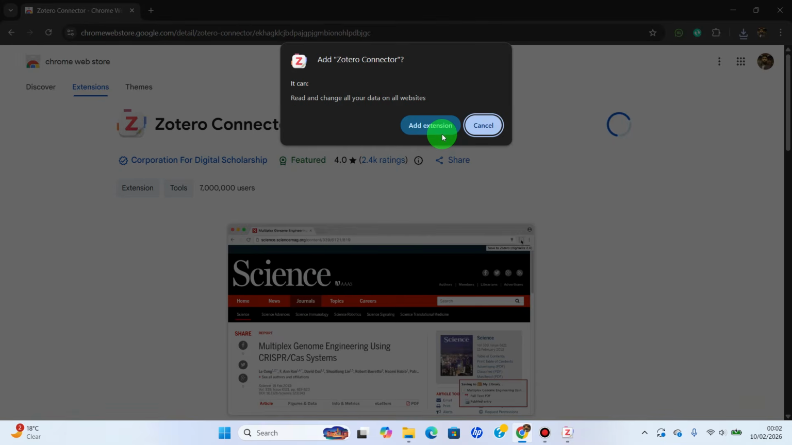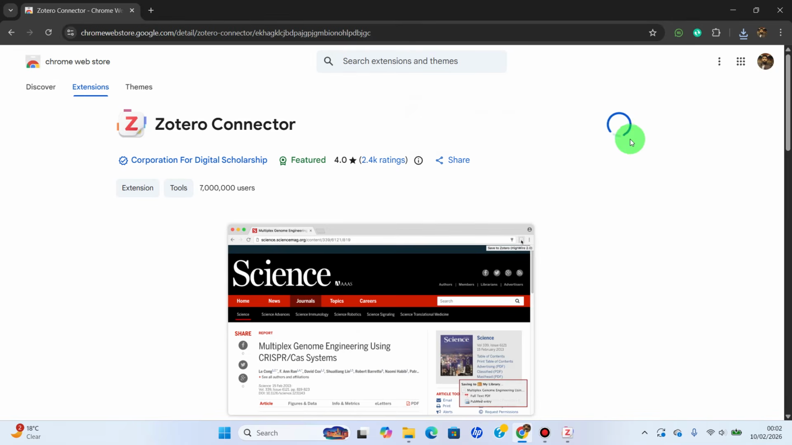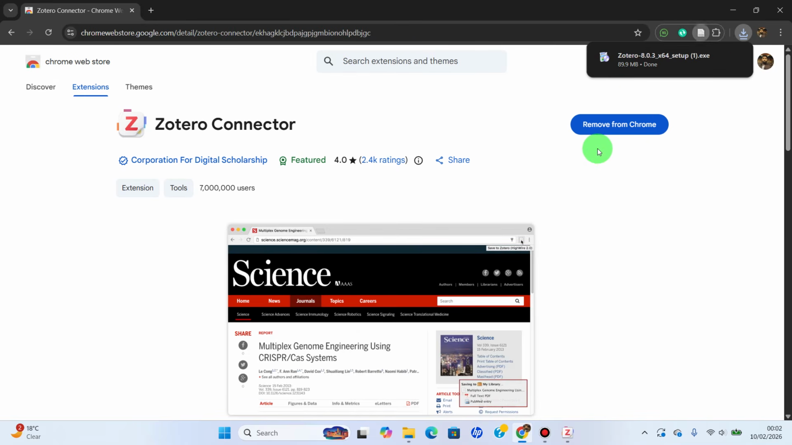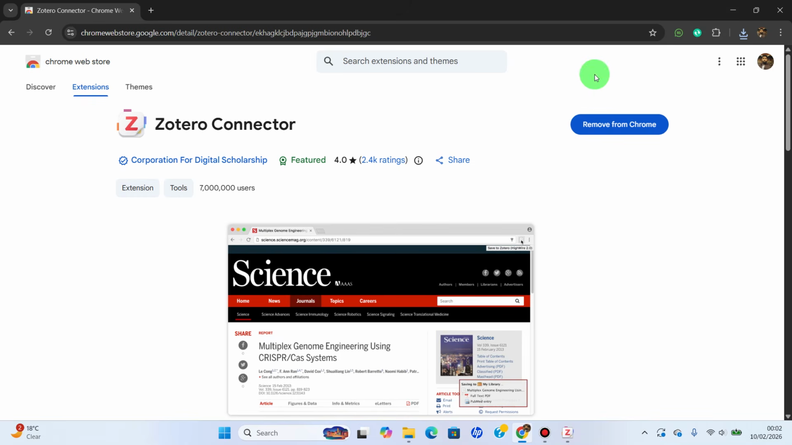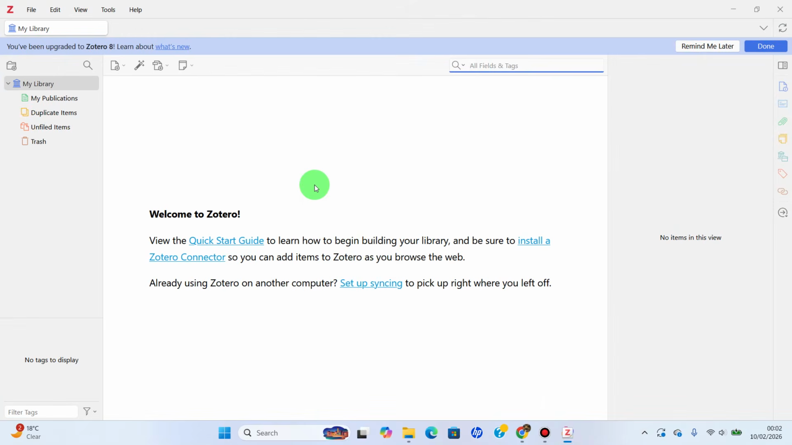This will allow me to collect the articles from online into Zotero while I am working with it. With it, add extension, and it will be added to our Chrome browser. So to check if it is connected or not, we can see from here. We can see Zotero connector is added to our Chrome extensions. So the second task is done, and for the third part, we want to add it to our Word file